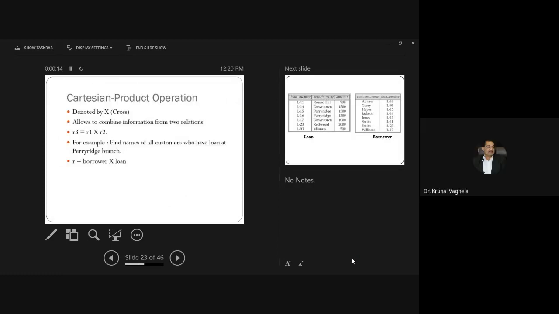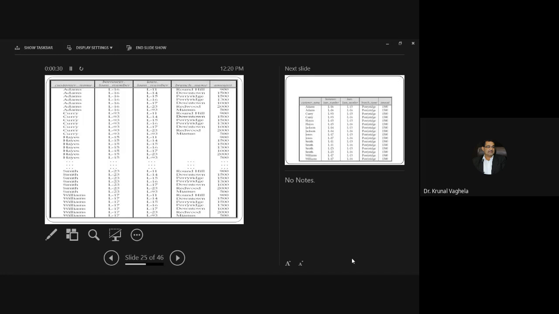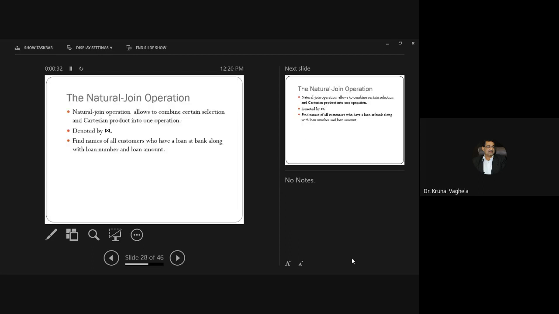Good afternoon, all. We were learning about Cartesian product and join. We have seen first that Cartesian product is nothing but merging of the tables, and we have seen the result of Cartesian product with the query. Then we have seen the natural join, which is nothing but the extension of the Cartesian product, where it will do the Cartesian product and whatever the common attributes are there, it will match and give you the result.